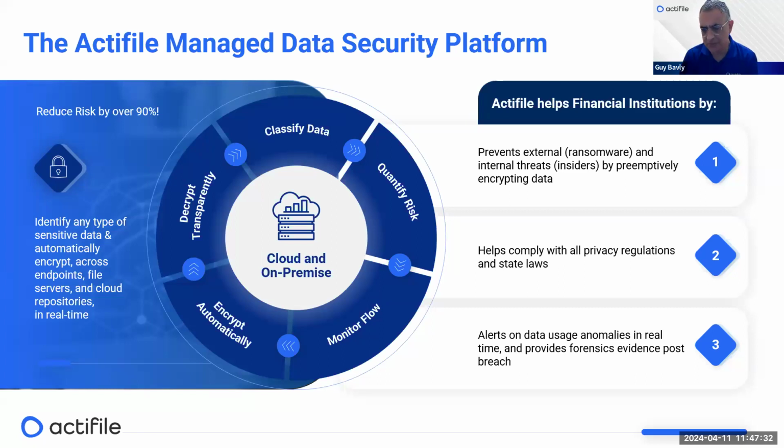Part number 1. Part number 2, per classification, let's assume you've got $1 million worth of risk in credit cards. You press one button, and now all of the files, whatever file types, wherever they are in the organization, will be encrypted in a matter of minutes. All the new ones that will be added in the future, this is now on autopilot, will be encrypted in a matter of minutes from their creation, downloaded, copying of other files.